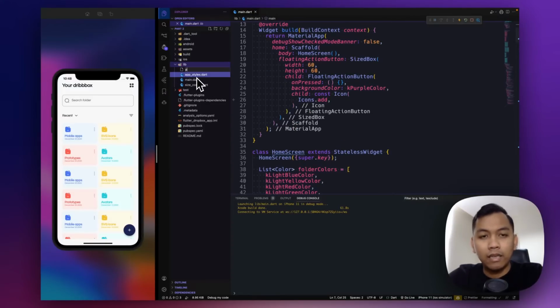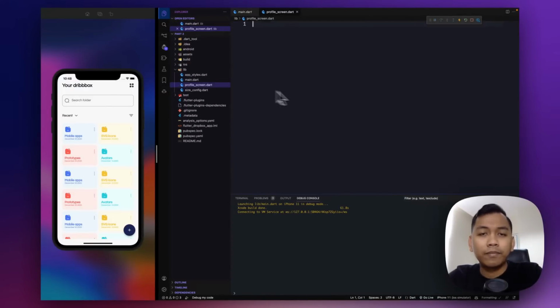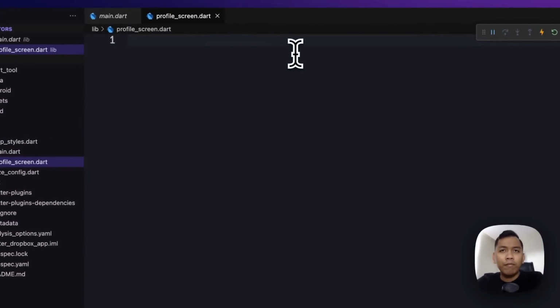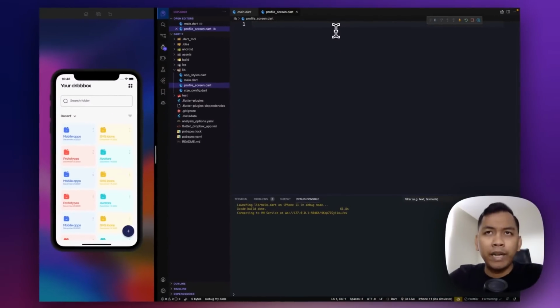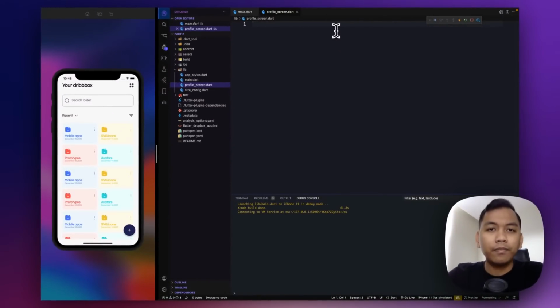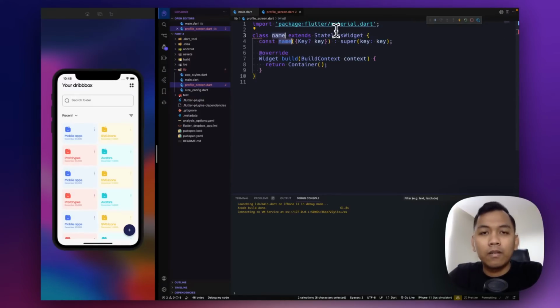So let's say profile_screen.dart. If you prefer to name it like a page, you can use that. As usual, we have to import material, and here we need to create a stateless widget. Alright, we name it ProfilePage.